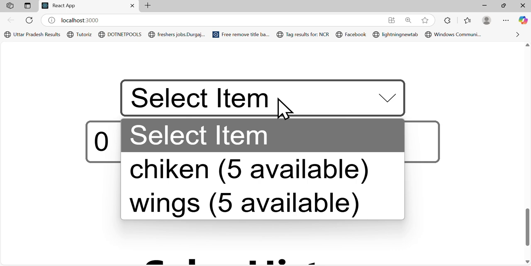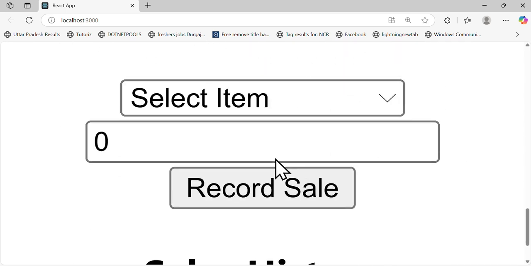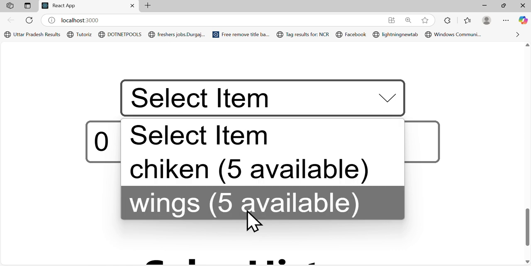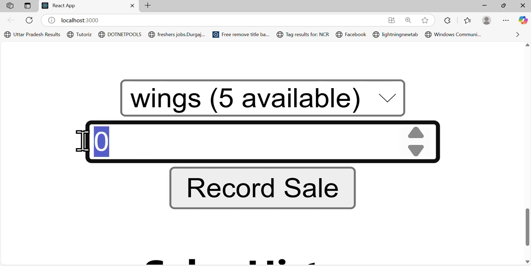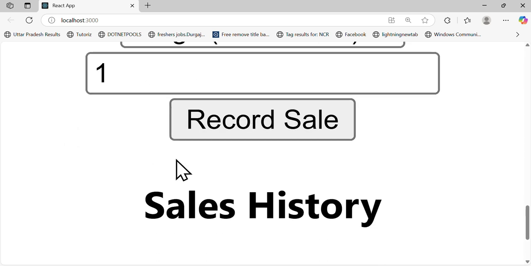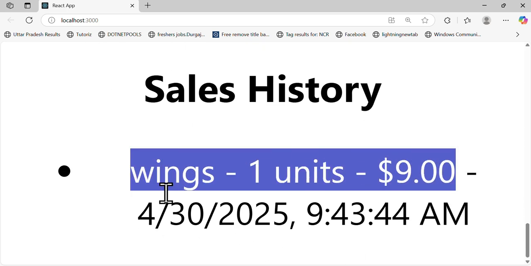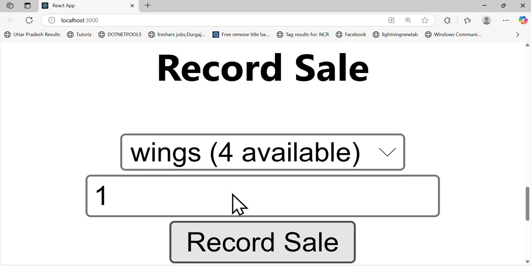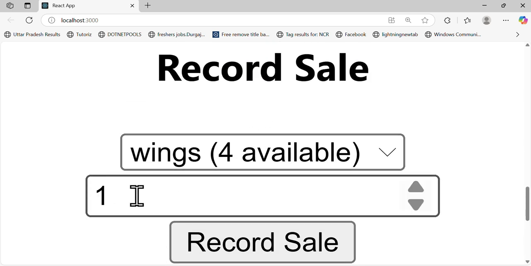And then if I want to try to sell, now see, once you just add this to inventory, you are able to see your items over here, right? Bings is available, 5 available, and this one. So suppose I just select that Bings and this quantity, for example 2, right? And just record sale, and see, Bings 1 unit for 9, and this is just the order, and this is the history. And now see, once I just sold one Bings, it is remaining 4,